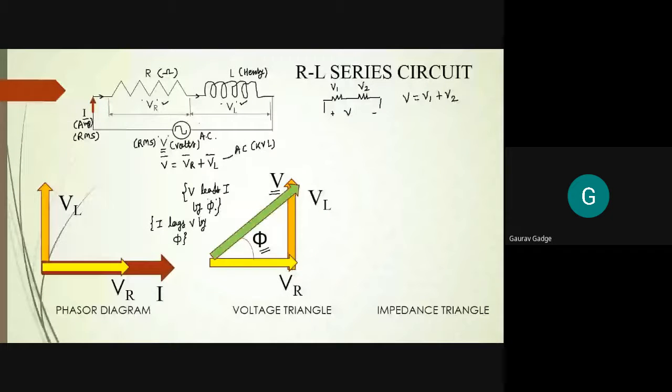Okay. So first we did the phasor diagram, second we did the voltage triangle. Now from that voltage triangle, we have to make an impedance triangle. Again, an impedance triangle means a triangle with three sides. Now for that purpose, what do you have to do? In the voltage triangle, divide each of the voltages, VR, VL and V, by current. Why current? Because current is the reference phasor, and we know the equation for current.